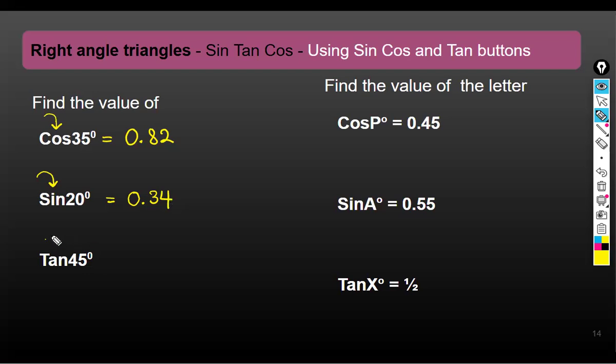And try the last one for me. Tan 45. Press tan, regular, boring tan, 45, and you're supposed to see exactly 1 on your calculator. Okay? Great. So that's standard. But remember, I told you all that sine, tan, and cosine